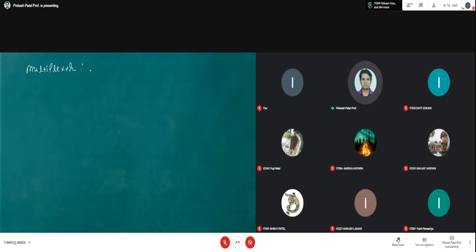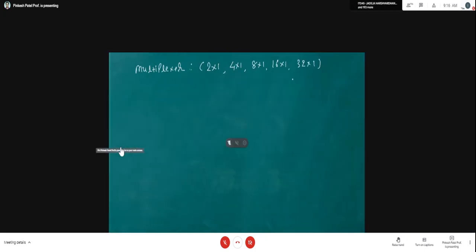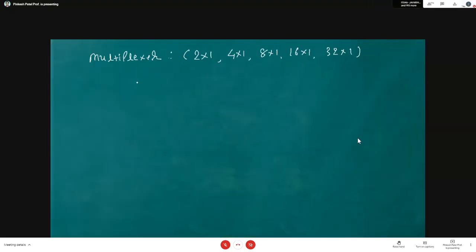Before starting this, a multiplexer generally comes in this format, these are the specifications: 2x1 multiplexer, 4x1 multiplexer, 8x1 multiplexer, 16x1 multiplexer, 32x1 multiplexer. So generally a multiplexer comes with these specifications. So what exactly is a multiplexer?